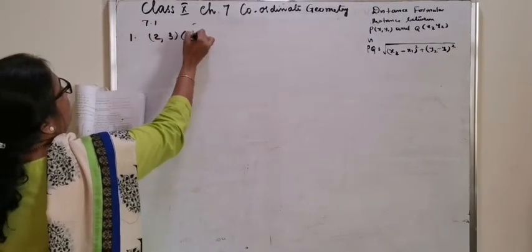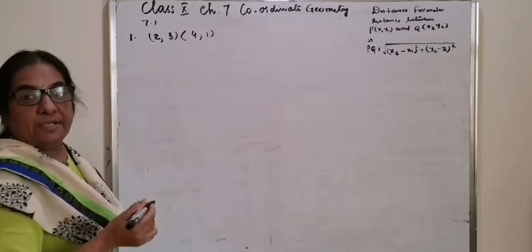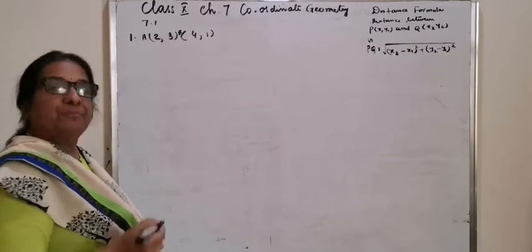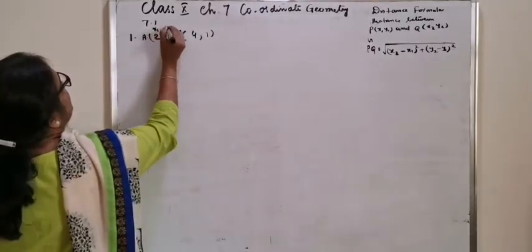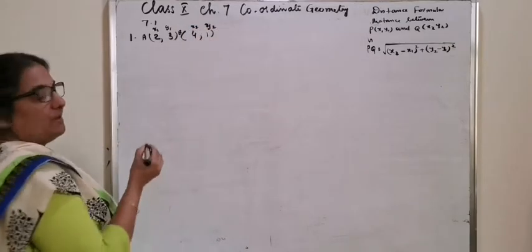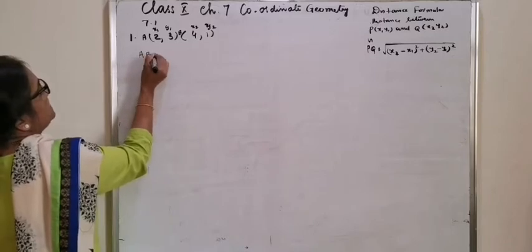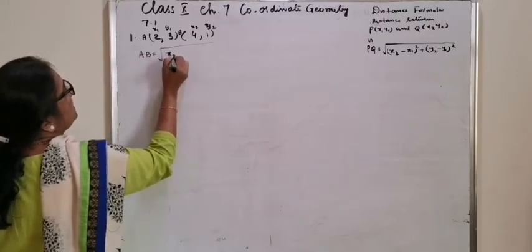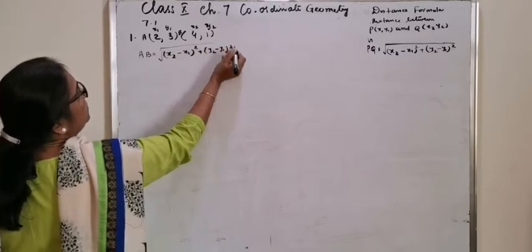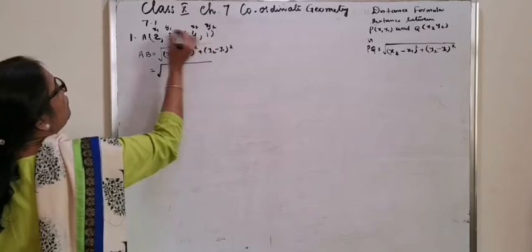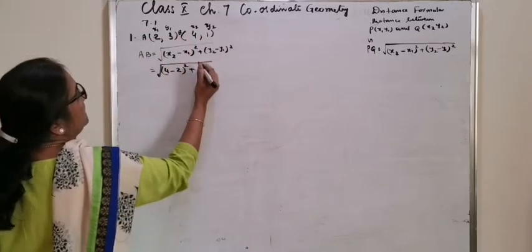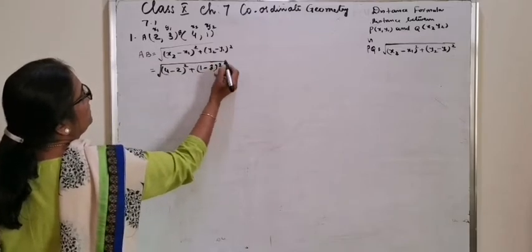2, 3 and 4, 1. Once you get the points, just name the points as either A, B or P, Q and so on. Till you study to apply the formula, you can just note the points as x1, y1 and x2, y2. The formula: AB is equal to square root of (x2 minus x1) the whole square plus (y2 minus y1) the whole square, which is square root of (4 minus 2) the whole square plus (1 minus 3) the whole square,